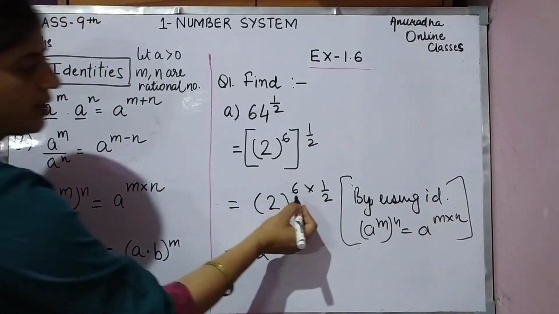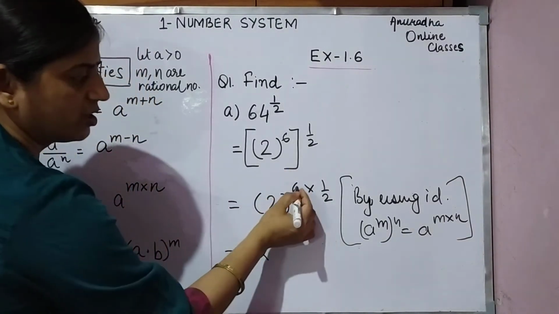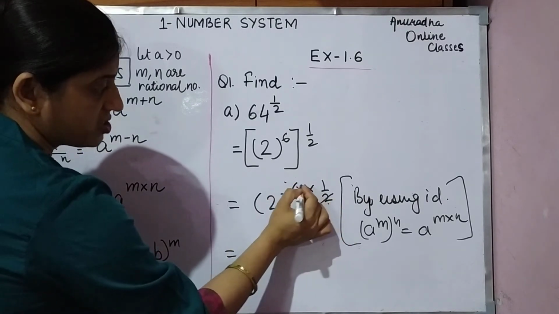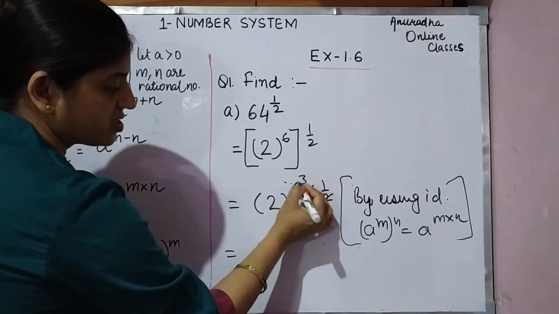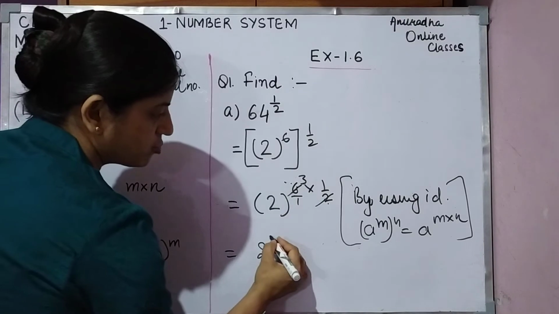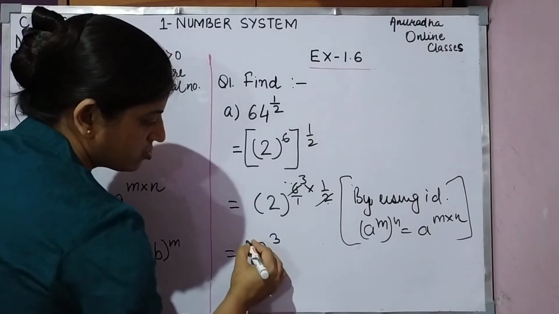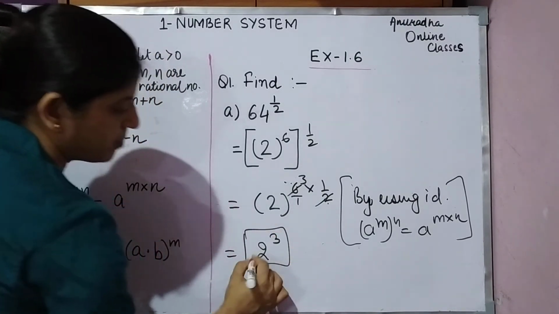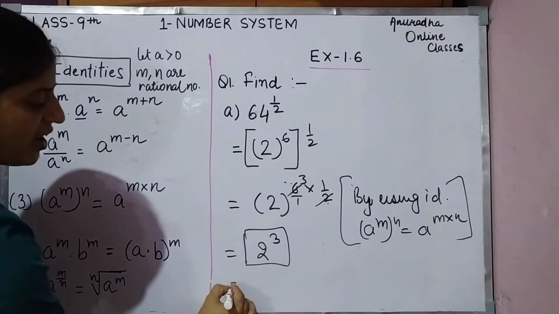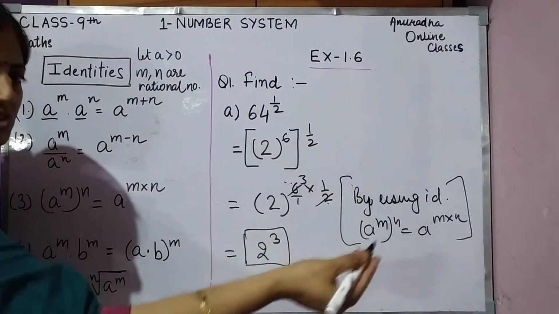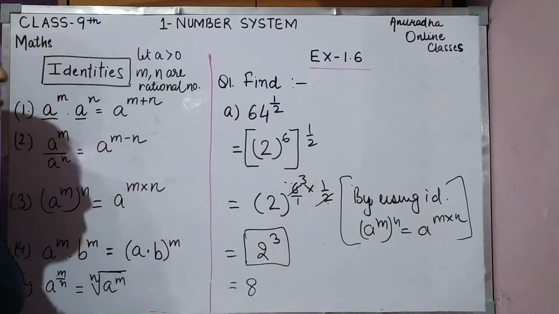अब देखो आप यहाँ पे 6 के नीचे कुछ नहीं है. This will cut. 2 कितने are? 2 3s are 6. So how much is left? 2 की power how much? 3. So our answer is what? 2 to the power 3. और इसकी वैल्यू अगर निकालनी हो तो 2 2s are 4 2s are 8. 2 का cube is 8.